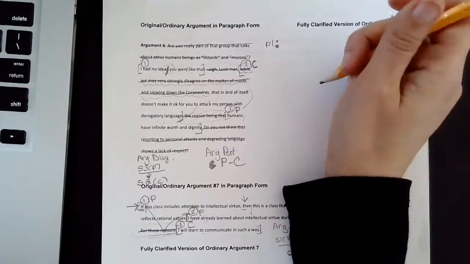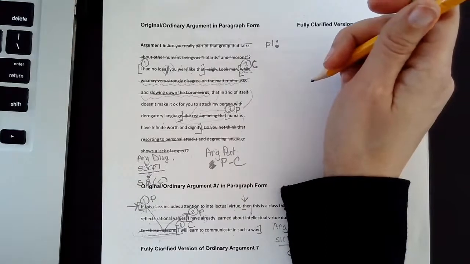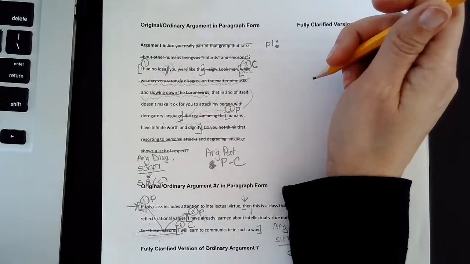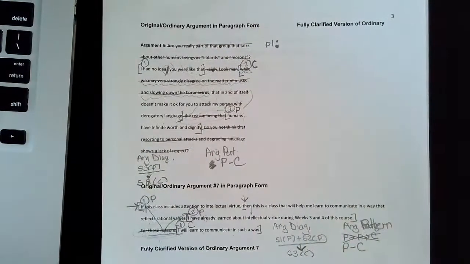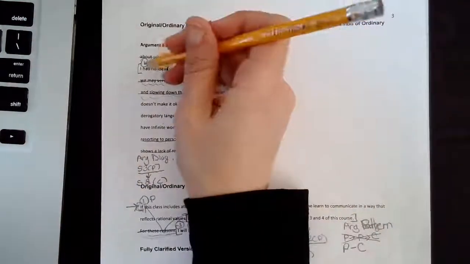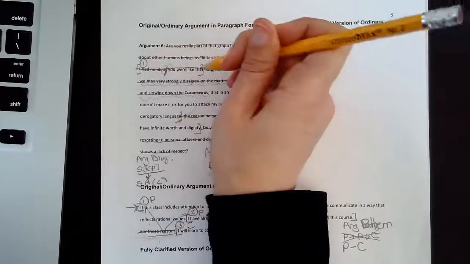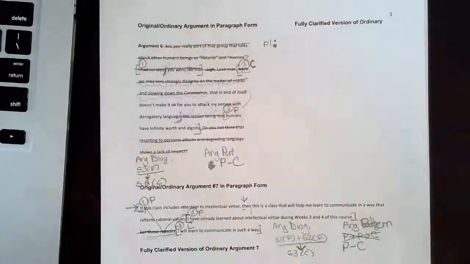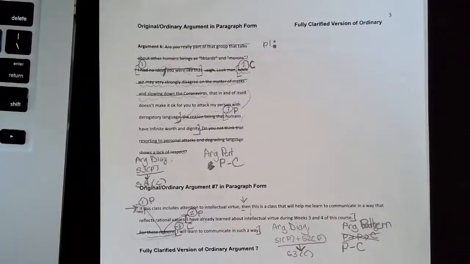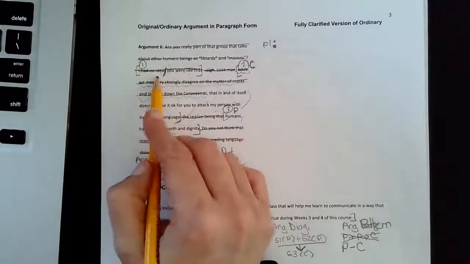Okay, so premise 1. Okay, so I had no idea you were like that. Wow, okay, so this is cool. Let me express some intellectual humility. So I realize that I forgot to cross out something that is kind of merely contextual. We should have crossed this out already. This is why it never hurts to take a second or third look at your argument work before you submit it. So this is just stating